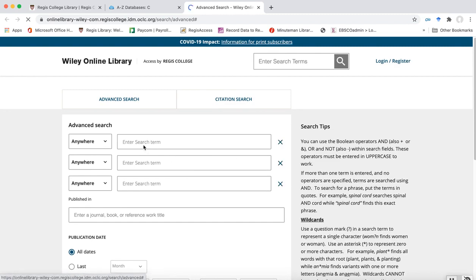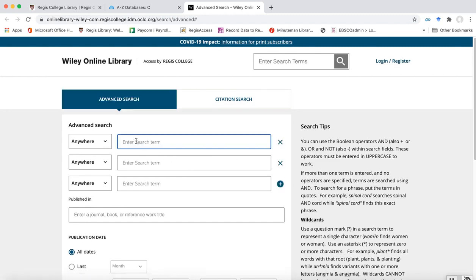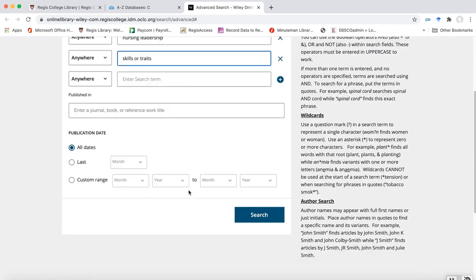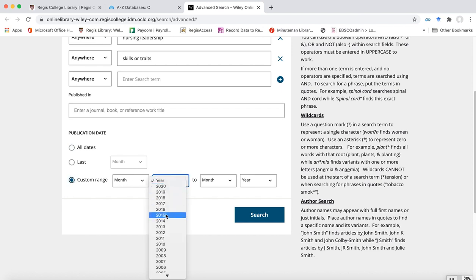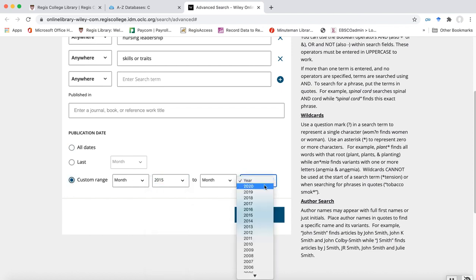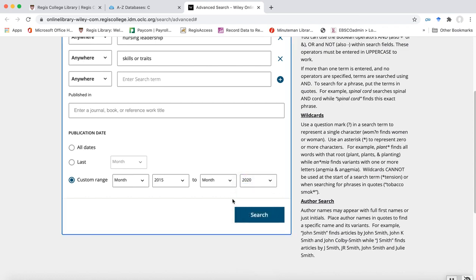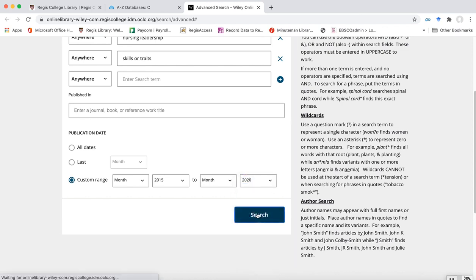So I'll go to Wiley, and it's going to take you to the advanced search page, very similar to the EBSCO databases. And I'm going to do the same search I did, and now when I scroll down, I want to make sure that I'm doing the last 5 years again, 2020, and I'm going to hit search,